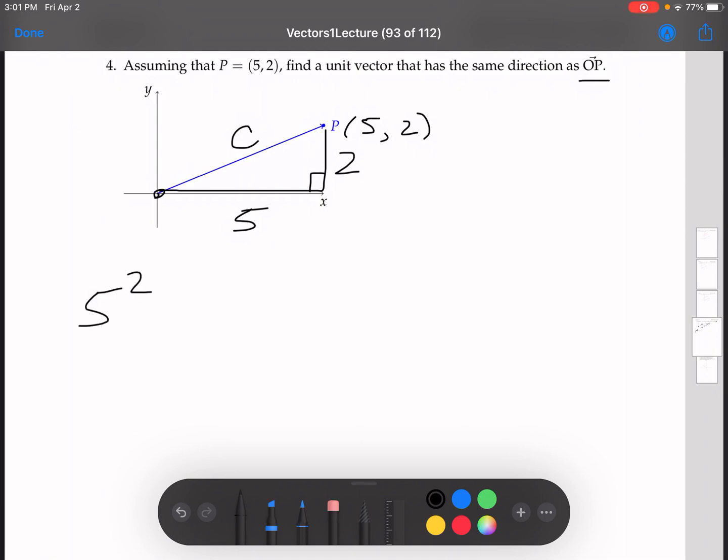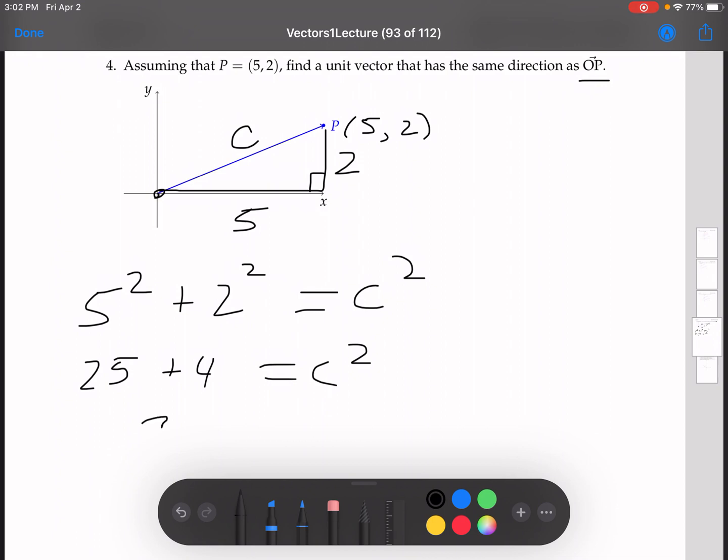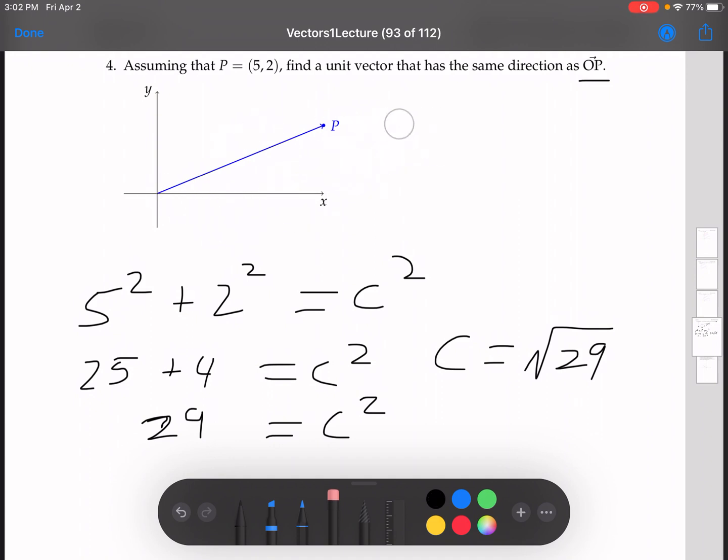So 5 squared plus 2 squared equals c squared. 25 plus 4 equals c squared. 29 equals c squared, and c equals root 29. So that tells us that the vector that starts at the origin and goes to this point here